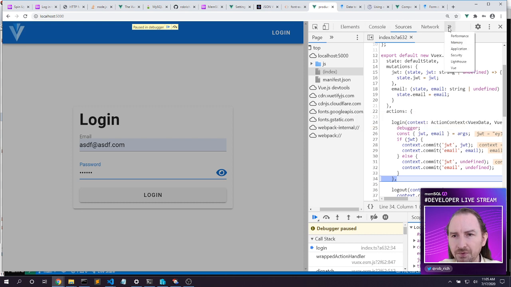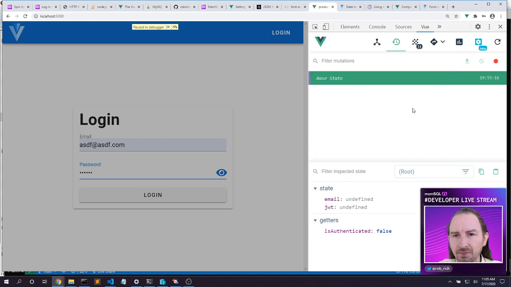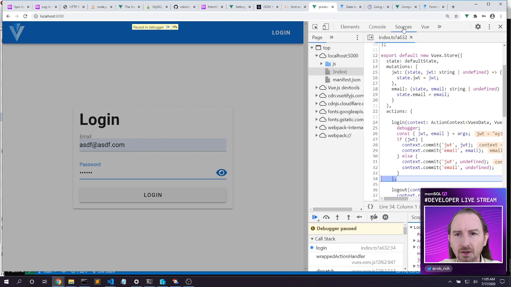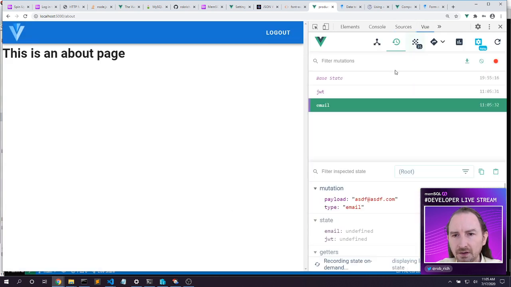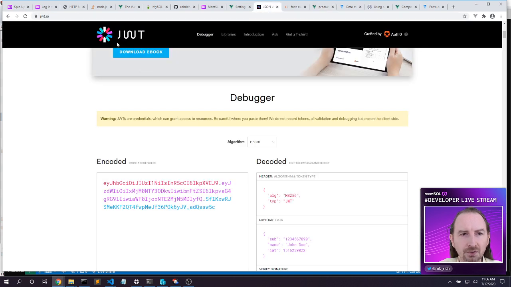So if we go into the Vue developer tools, and you can just go grab this in the Chrome store, then we can see how this data worked. So we started out with this base state, and then we added the JWT things. Here's our mutation, here's our state, and then ultimately we ended up here where now we have both the JWT and the email set. I want to go copy that JWT, and let's head off to jwt.io,